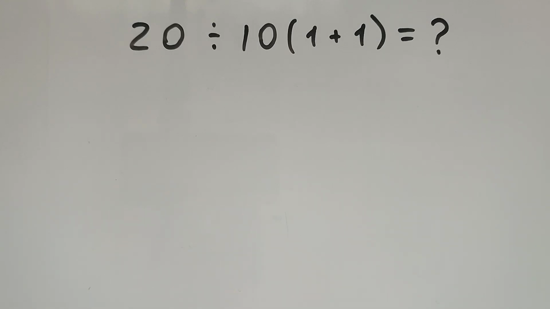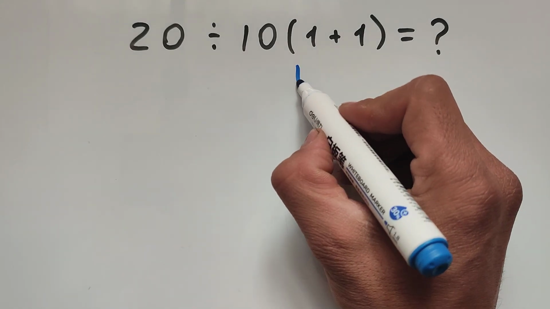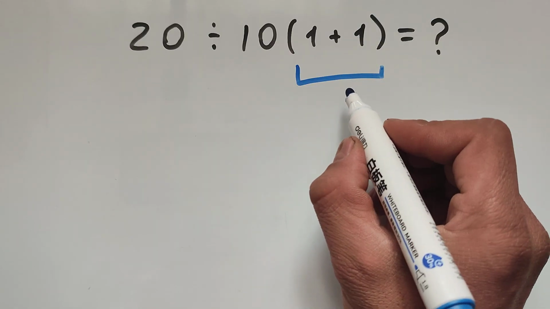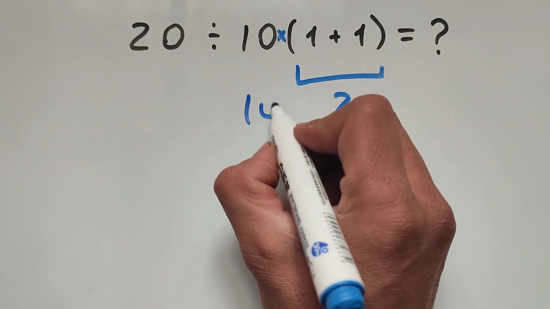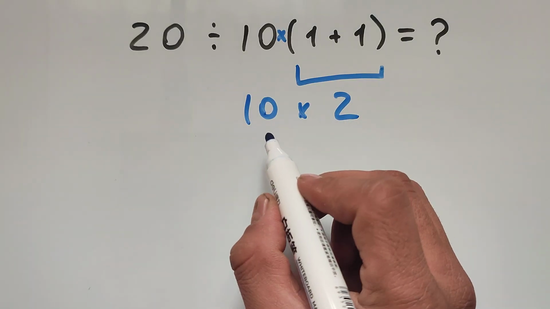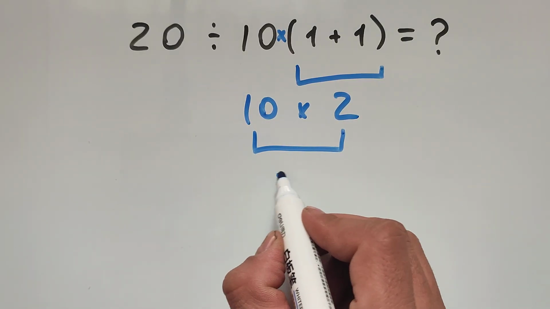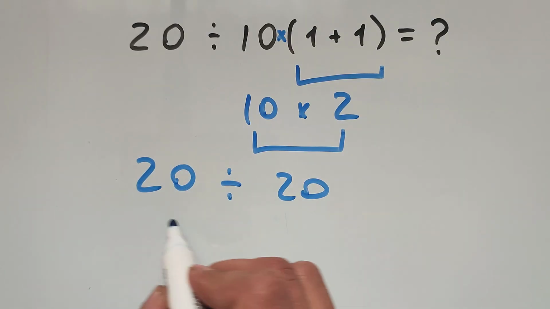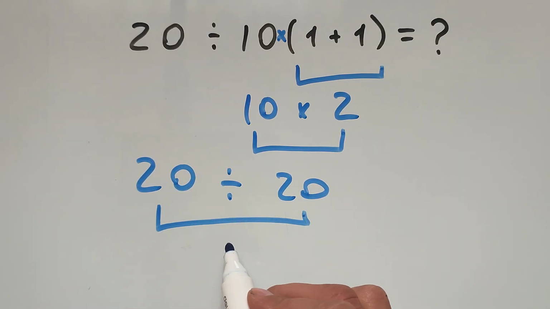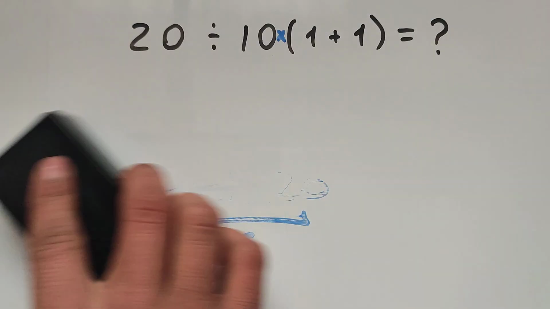Okay, first we have to work inside the parentheses. 1 plus 1 equals 2, and there is multiplication here. 10 multiplied by 2 equals 20, and 20 divided by 20 equals 1. But this is not the correct answer, because